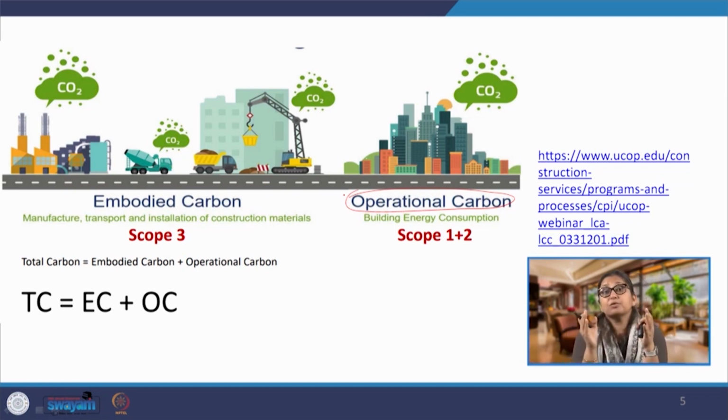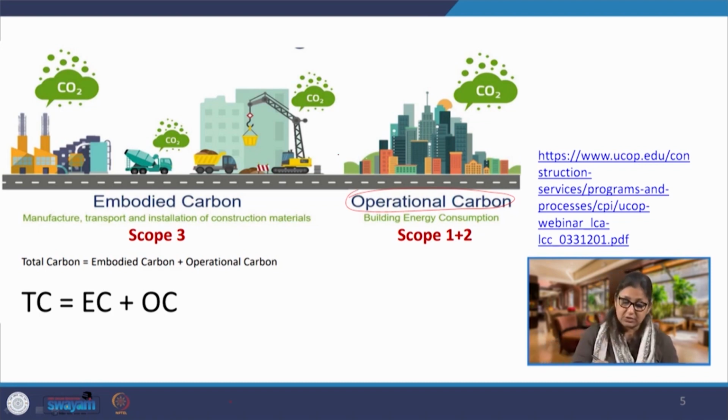But if we look at the overall number, we will see that we have a large amount of this operational carbon, this operational energy, which is due to provision of comfort inside the building. So, that is the prime purpose of buildings. We make buildings to protect ourselves from the extreme climate, the environment outside. When it is extreme heat outside, we still have comfort indoors. When it is extreme cold outside, we still have comfort indoors. When it is raining heavily, we can stay safe. So, this is the prime purpose of building, which is to provide comfort, and the energy is going in to